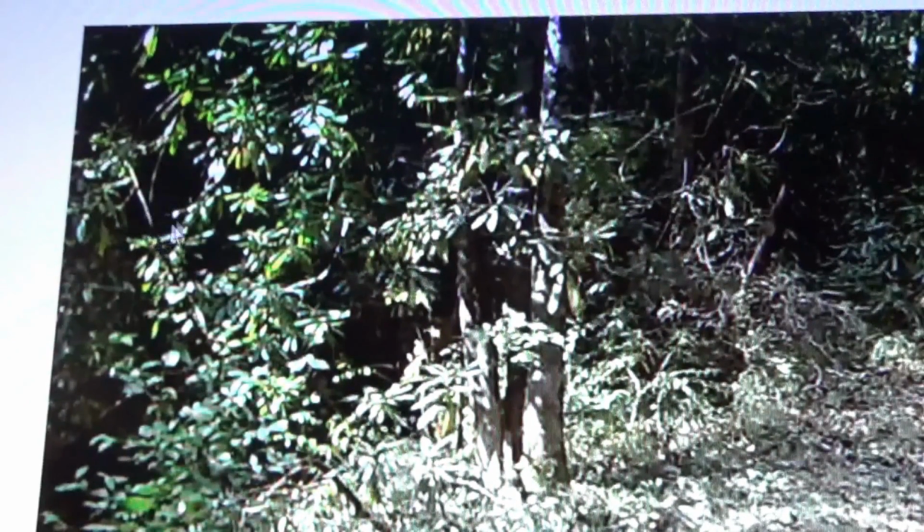And if I had to guesstimate, I haven't gone back and done the measurements yet. Yeah, the park's closed because of the coronavirus, but that is approximately about 7.5 to 8 feet, because the road bed's high. The road bed's about 2 to 3 feet, and he's down in the creek bed. So